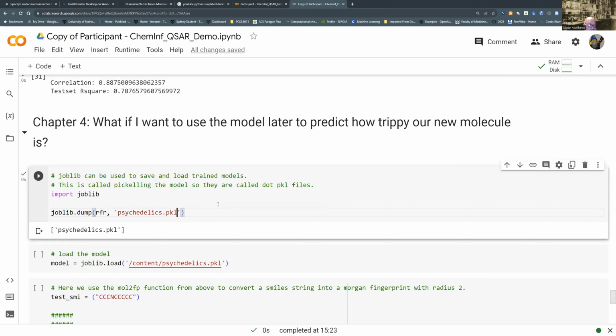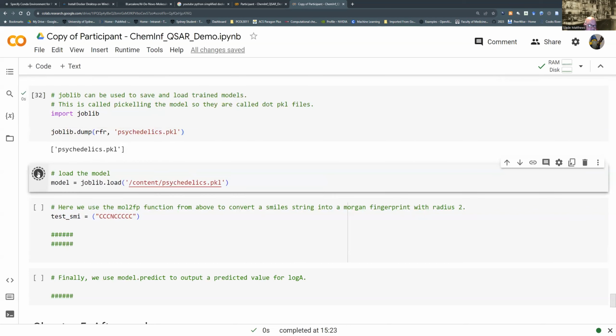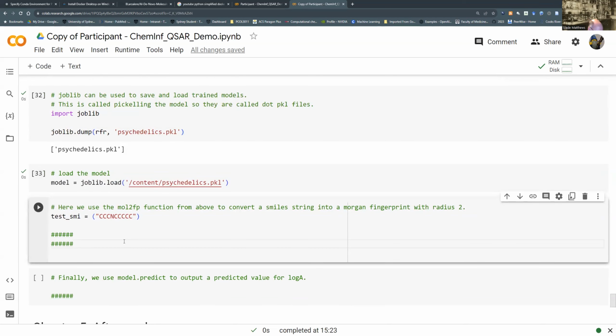So we used joblib to dump the model as a pickled model for later use. Then if we want to load it again, we use joblib.load. And then if we want to test it again,